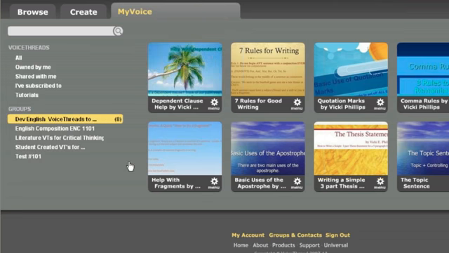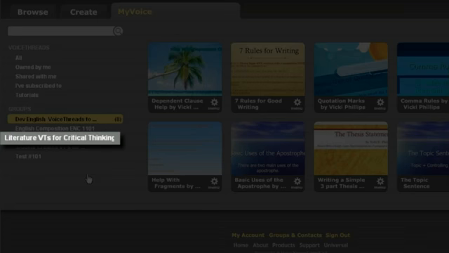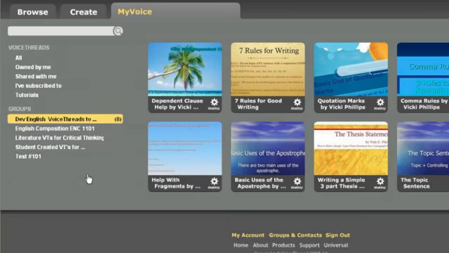Your students who are in that class click on the link, and then they automatically become members of that group. Essentially all they have to do is go to their VoiceThread page, and then over on the left-hand side, just like you see it on Vicki's page here, they would see that group appear, click on the name of the group, and they'd have access to all the VoiceThreads that you've shared with them.